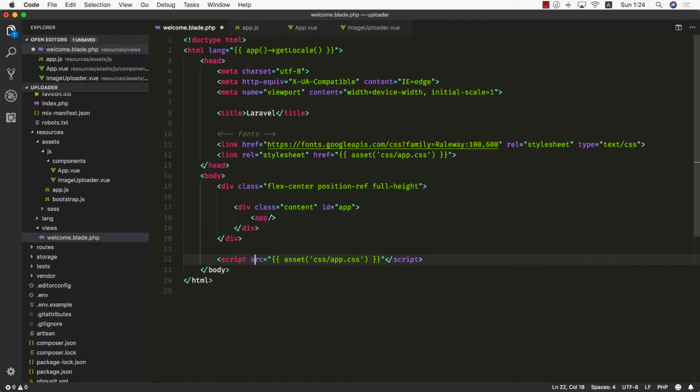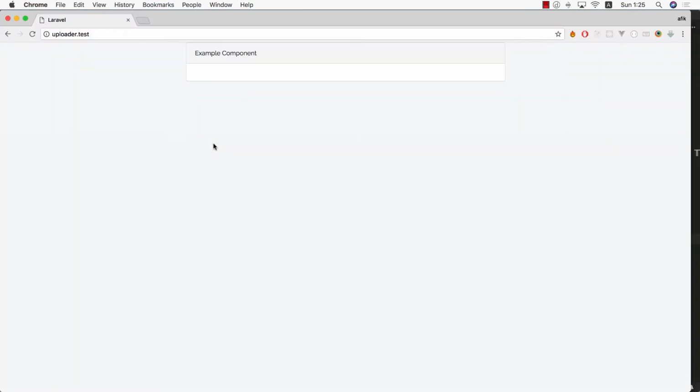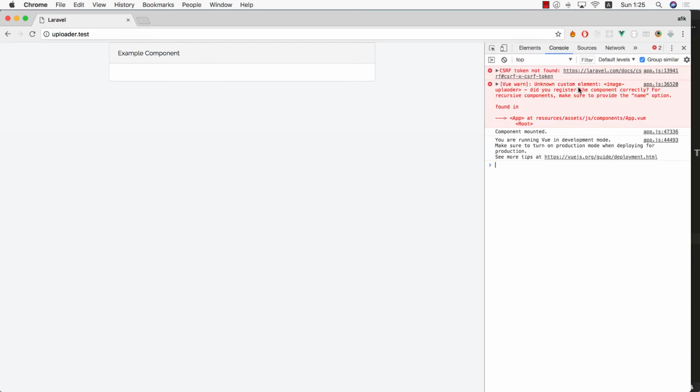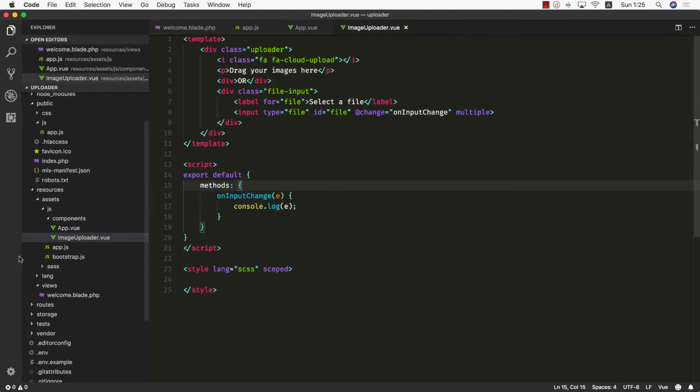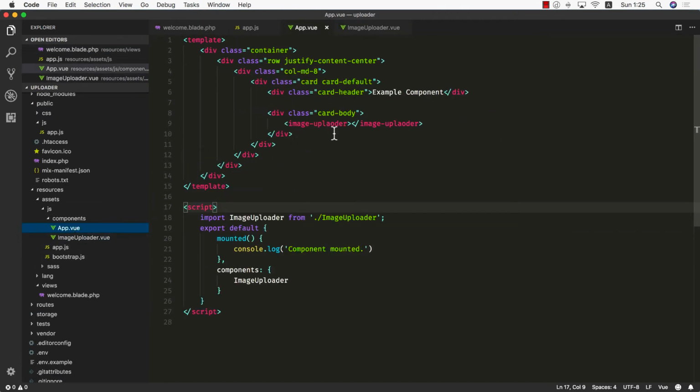I missed the tag here. Source JS app.js. Okay, let's go visit our browser and refresh, and we have an example component and it works. Let's see what happened. Unknown custom element image uploader. Why is that? It should work. App.vue image uploader. Okay, now it should work,